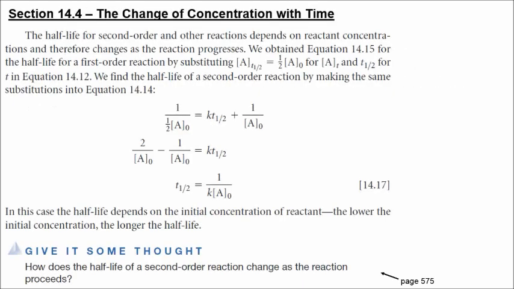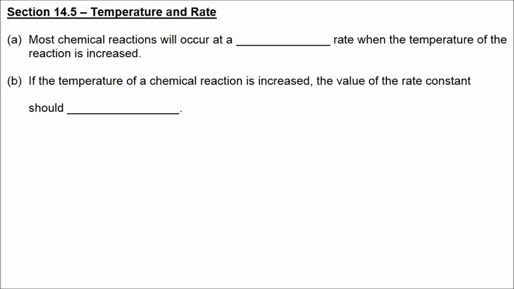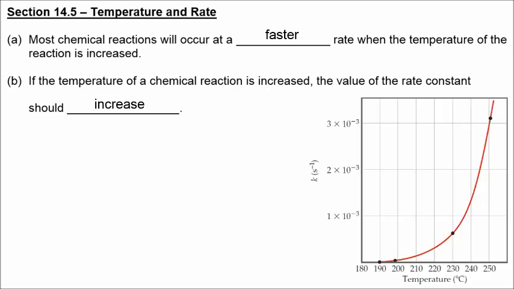That's on page 575. Now moving on to section 14.5, temperature and rate. Most chemical reactions will occur at a faster rate when the temperature of the reaction is increased. If the temperature of a chemical reaction is increased, the value of the rate constant should increase. So if we have an increase in temperature, we will see an increase in the value of the rate constant